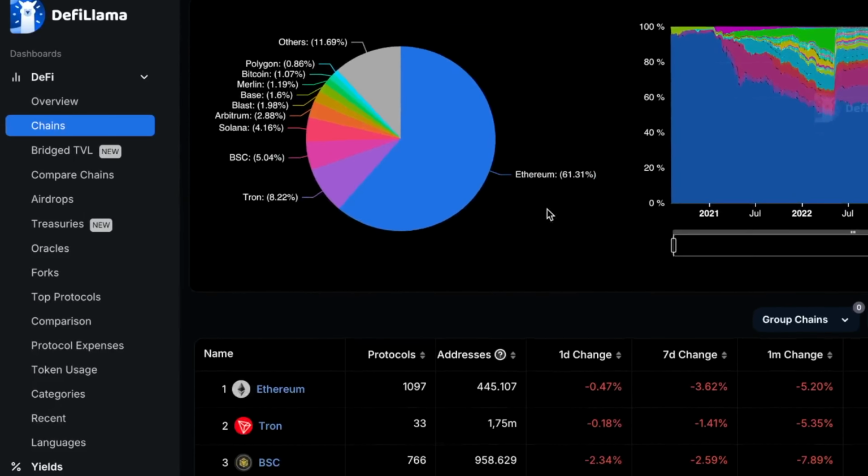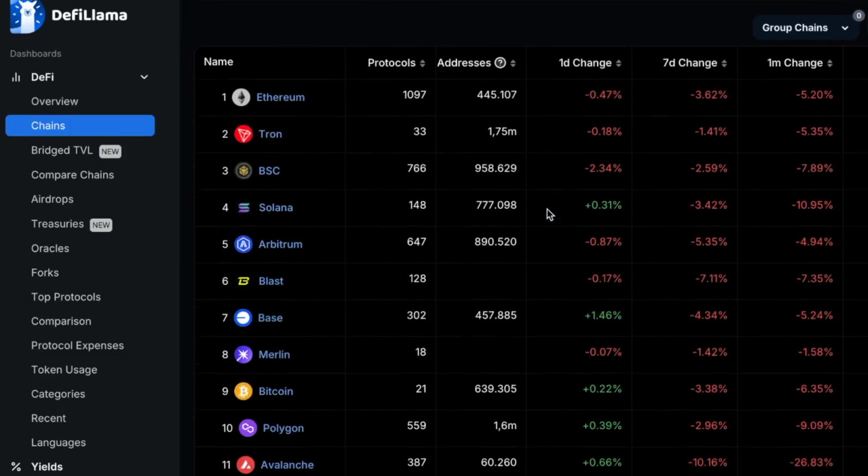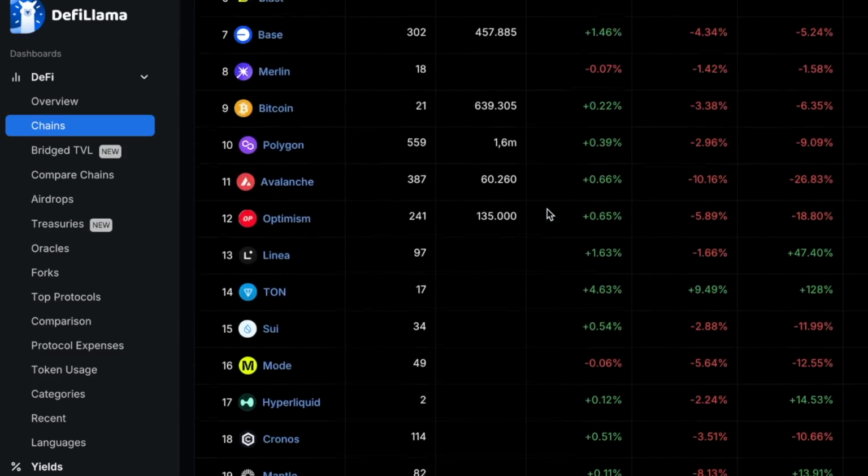The rapid growth of zkSync's ecosystem can be attributed to its unique features, robust security, and EVM compatibility. By enabling developers to port existing Ethereum applications with minimal code changes, zkSync has fostered a thriving ecosystem of dApps and protocols. However, looking at the total value locked, zkSync is currently ranked 34th,